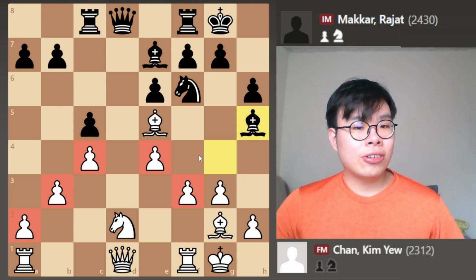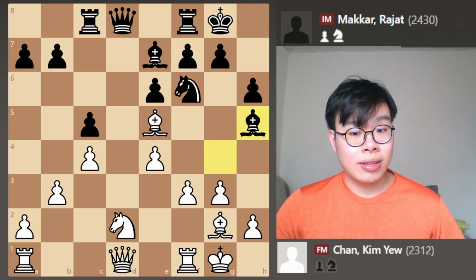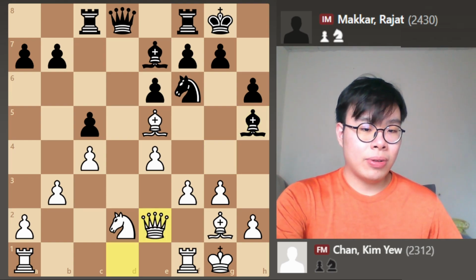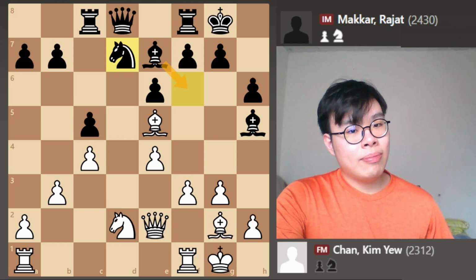And after that, he will try to trade off the dark square bishops, and to take full control over the dark squares. It's a very sound positional idea, but concretely, I'm not sure it really works. Now queen e2 was played, and here black played knight d7. Now positionally, this is a very desirable move, but as I suspected during the game, he missed a very simple